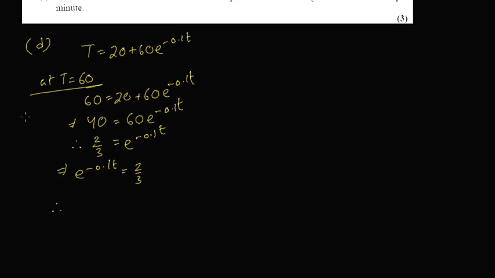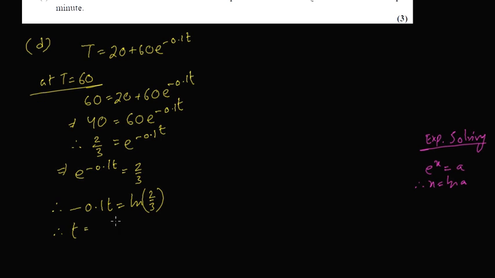So therefore, and this is the formula. You need to remember the formula. Exponential solving: if you have e to the power x equals a, then x equals ln a. That's what happens. So this one is going to be minus 0.1 t equals ln of 2 by 3. So therefore t equals ln of 2 by 3 divided by minus 0.1,